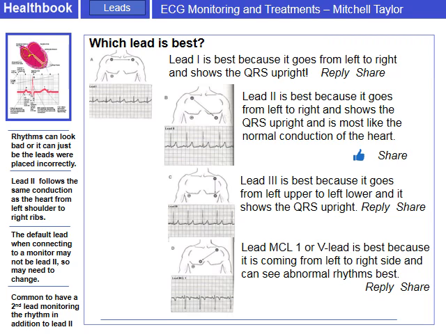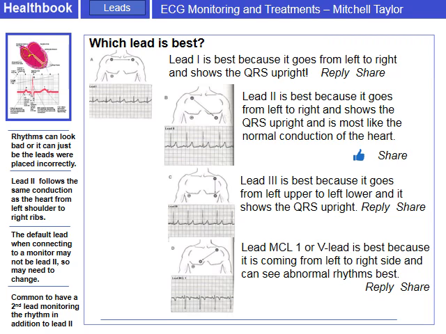It's not uncommon to have a secondary lead, maybe like MCL1, that shows us another view of the heart, but our main one should be lead 2. Lead 3 says it's best. It pops up and says, I go from left upper to left lower, and it shows QRS upright. Well, yeah, that's nice, but again, lead 2 we would still want to be our kind of default